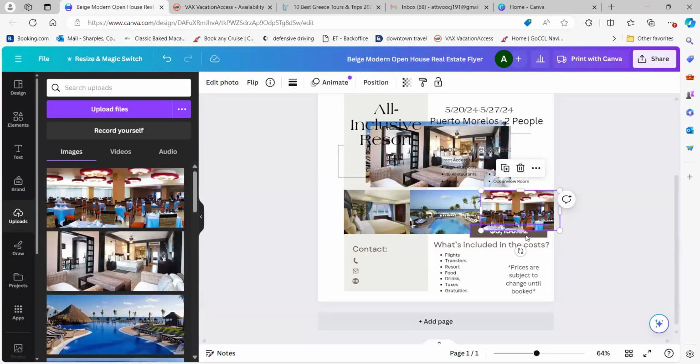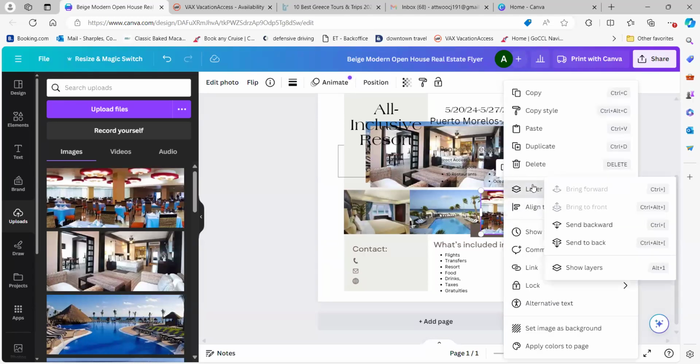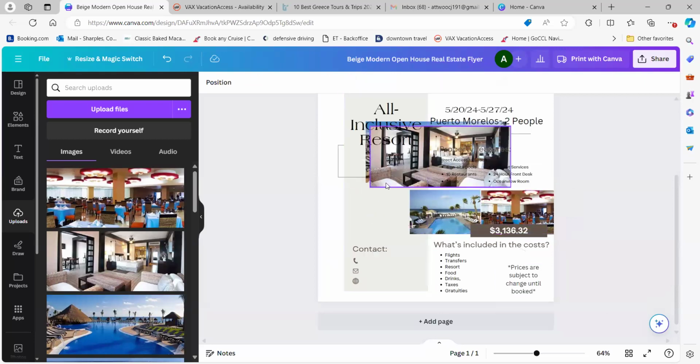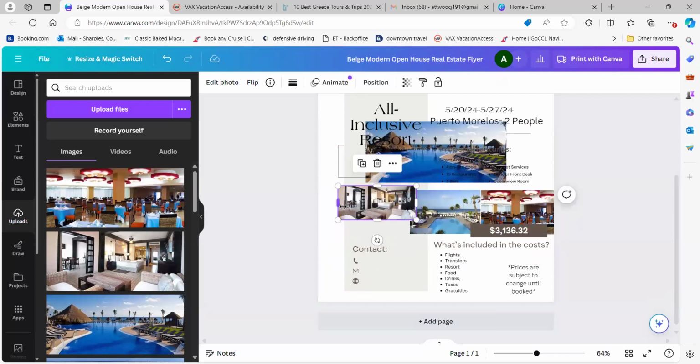And yes, at the moment it is also covering up the total, but usually what you can do with Canva is if you right click, you can actually, if you click layer, you can send it backward and it brings this right back out front. And it gives them kind of an idea of what it looks like. And I try to keep all of the photos, at least on the bottom, the same size.